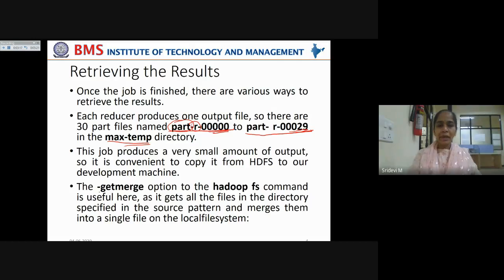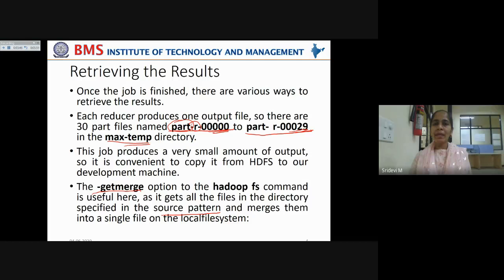The hyphen getmerge option to the Hadoop file system command is useful here, as it gets all the files in the directory specified in the source pattern and merges them into a single file on the local file system. See, when you have temperatures recorded over 100 years, you can't simply keep them as it is in different reduce files. You have to consolidate them and bring it into a single file.